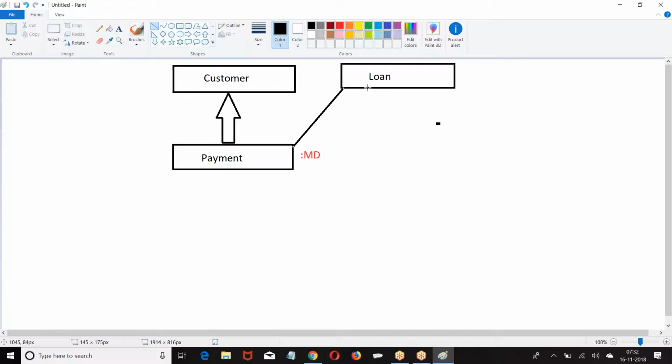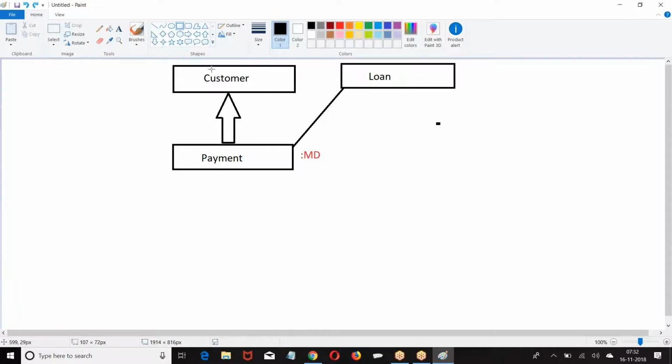Cyclic key is not allowed. So, if customer is a master to payment, now on the master, look at the point. On the payment object, I created a field choosing customer as a master. Now on the customer, I cannot create a master detail field choosing payment as a master. It will not accept. Cyclic key is not allowed. A is a parent to B is a parent to A. Not accepted.